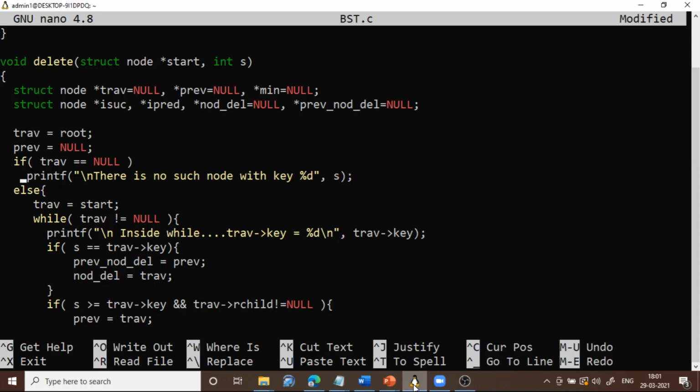If traverse is null, then we say that the tree is empty. Otherwise, traverse equals start, or you can say root, whatever it may be. So let me keep it as root. While traverse is not equal to null,